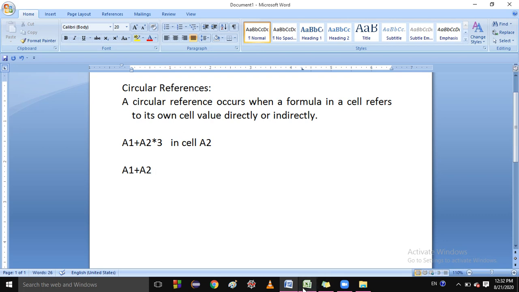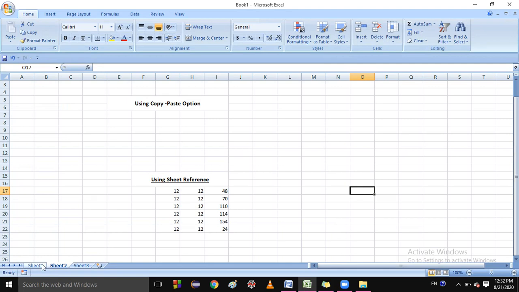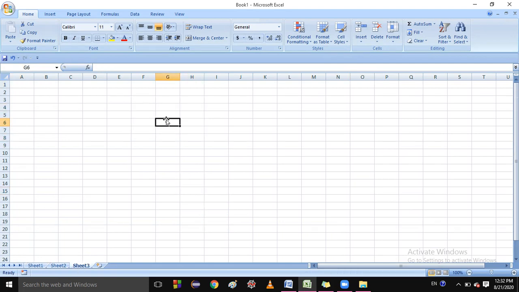Let me open one Excel sheet so that your concept will be clearer. Let me work on sheet 3. Suppose students, I have this number 12, let me fill it so that your time can be saved. I have 12, 12, 12 like this, and let me take 15, 15. I want the addition of this cell and this cell, and continuous addition, so that if you move from top to down, you will get the addition of this.